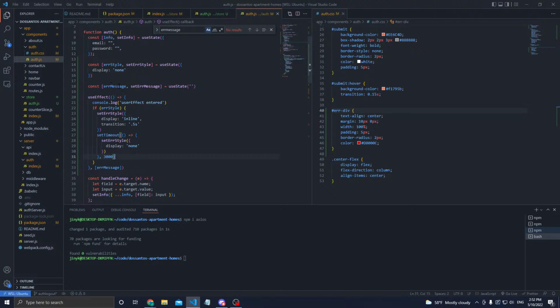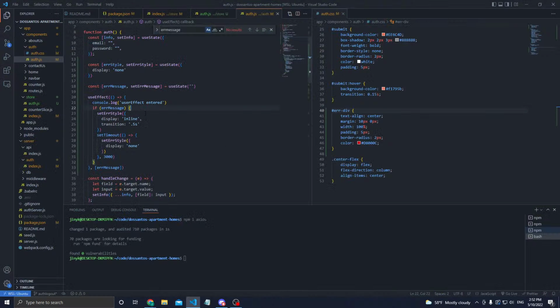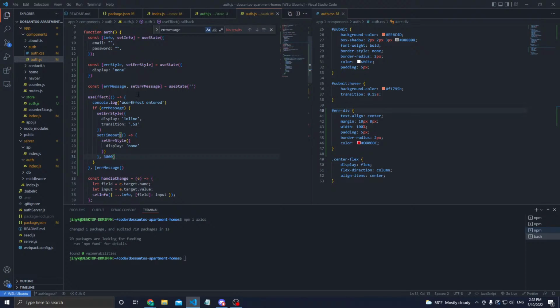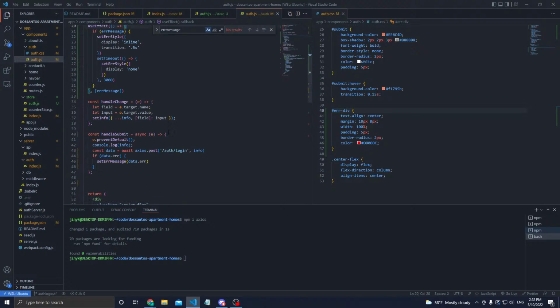If error message. Okay, now this error message has to have a value in order for this to run, which is very true. I don't want it to display an empty error message ever. That should not happen. So I think I am good with that. I can remove this, save, and